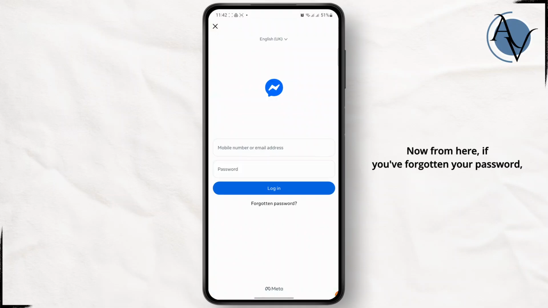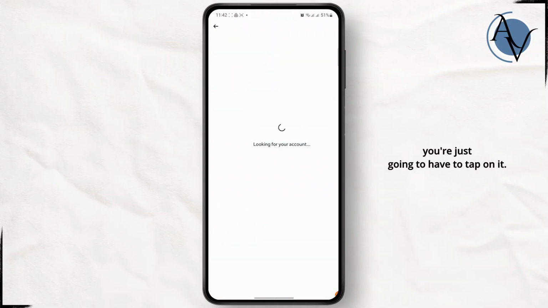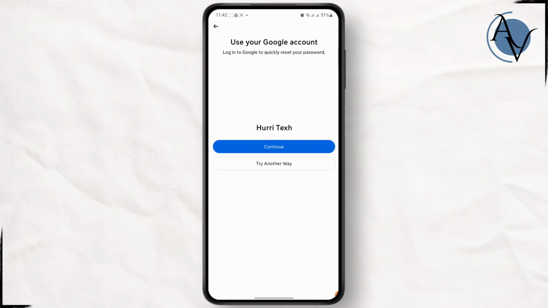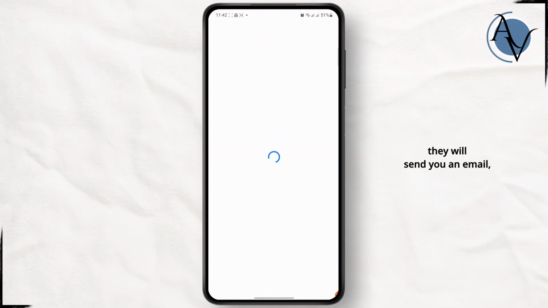Now from here, if you've forgotten your password, you're just gonna have to tap on it, and it will ask you for your Google account. Tap on continue. And once you have done that, they will send you an email which you're gonna have to